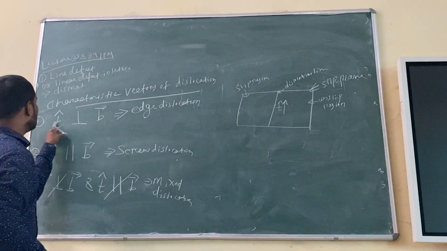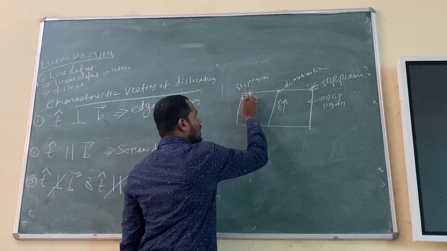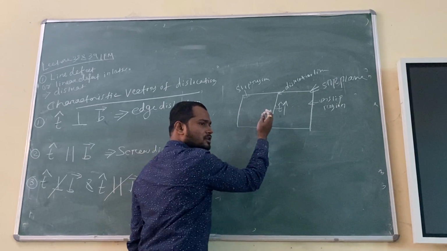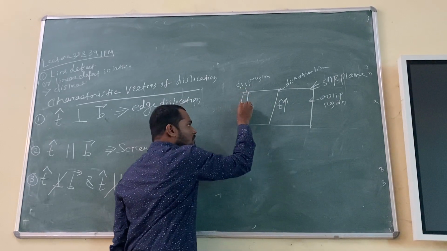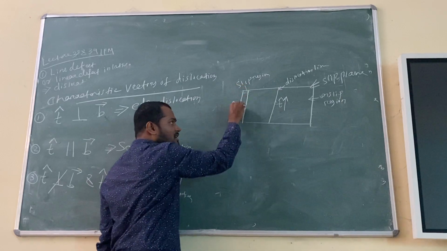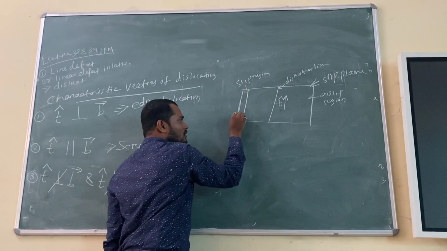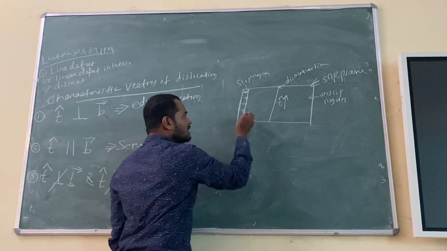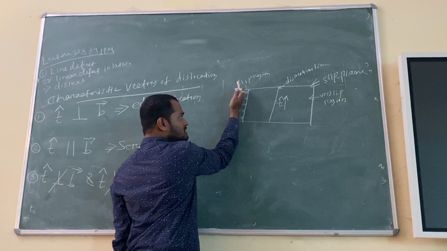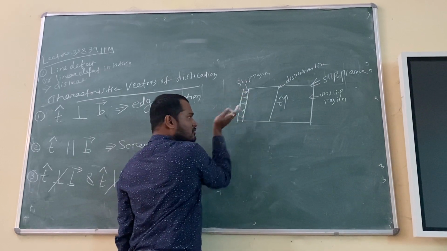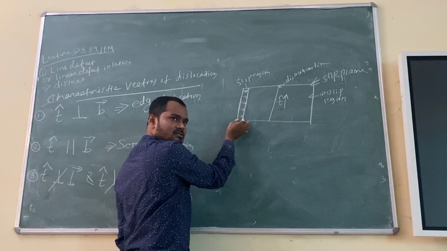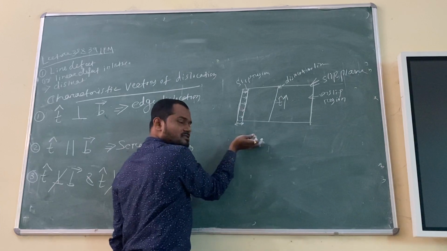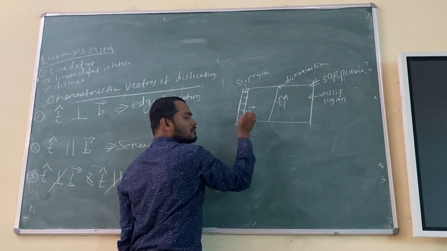So in an edge dislocation, this one is perpendicular to this. So how can I show it? Suppose one plane has moved due to slip. So how will it be? Right? Initially it was here, and now it has moved to this one. So I can draw like this, 1 unit distance. If this was here initially and it has moved to this one, the direction is this and the magnitude is this. So this is the magnitude of the slip and the direction of slip is also this. So I can show the Burgers vector.